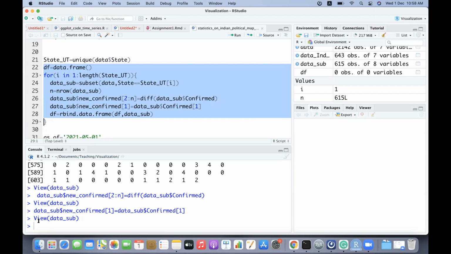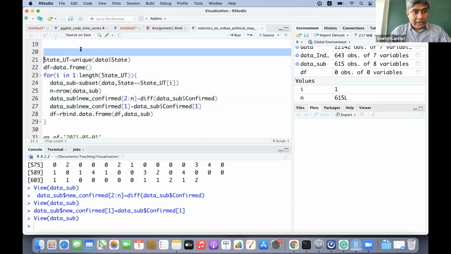There is also a plain cbind and rbind, but that will just be an object, not a data frame. So if you want it as a data frame after binding, you have to write rbind.data.frame. All right, so let me quickly run it through.